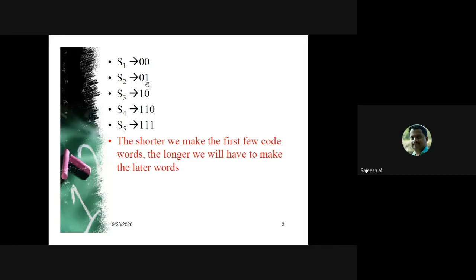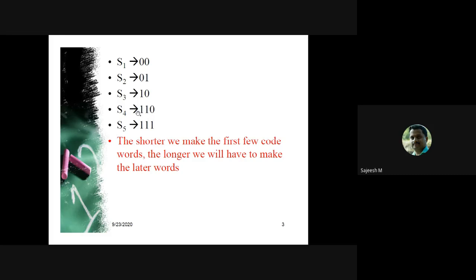Then we can have 01 and 10. If you assign the code word 11 to the fourth symbol, it is not possible to assign a code word to S5. Therefore here first is 00, second 01, then 10. Then the next prefix we can have is 11. We have to assign code words to 2 symbols, that is S4 and S5.